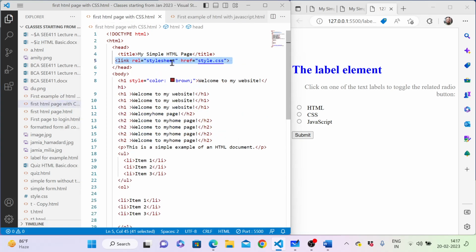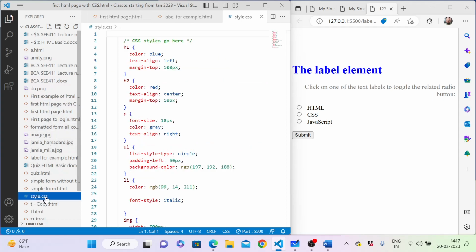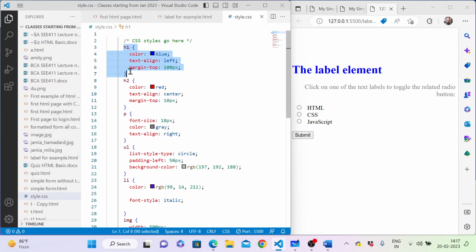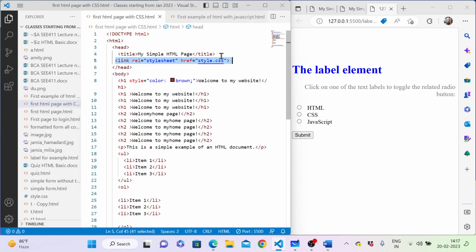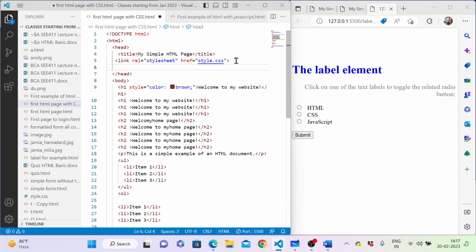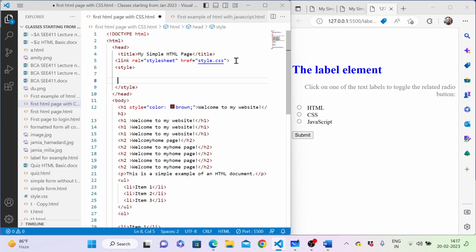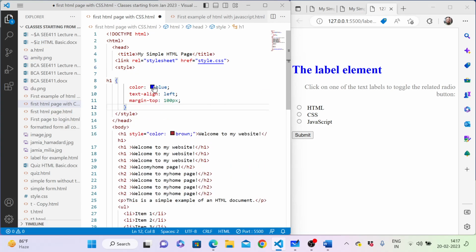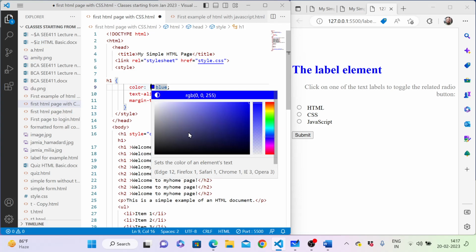This page has a link to the style sheet, which is basically style.css. Let me copy this element and go to that page again. And here, even after linking it to the external style sheet, let me provide a style tag over here, right? And within this style tag, let me change the style, say from blue to something else, say for example